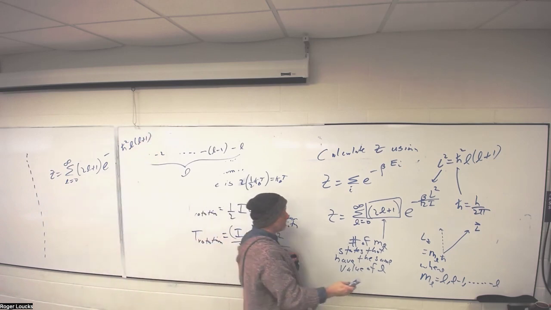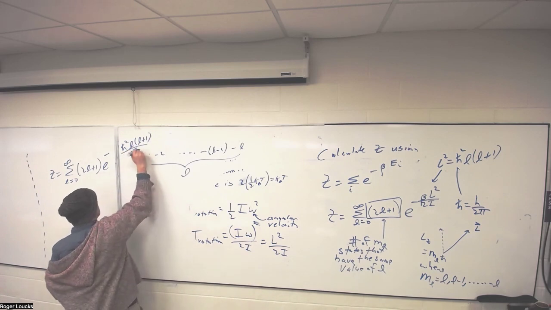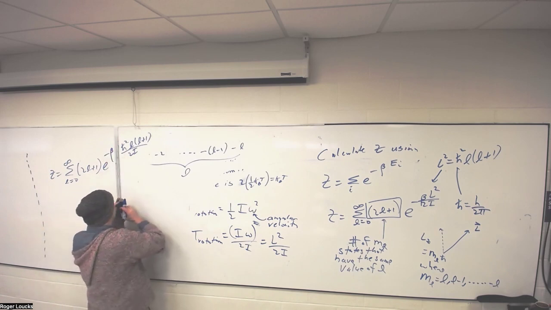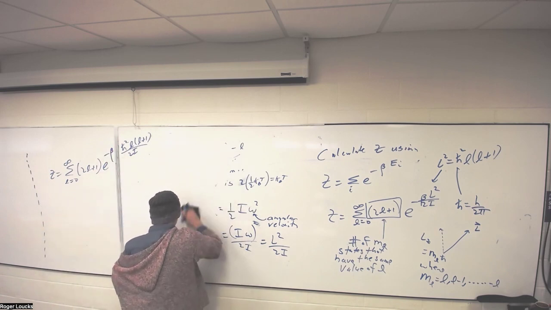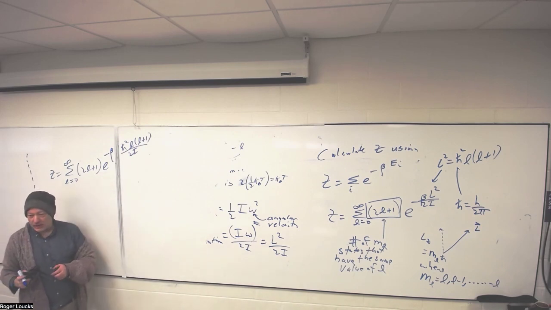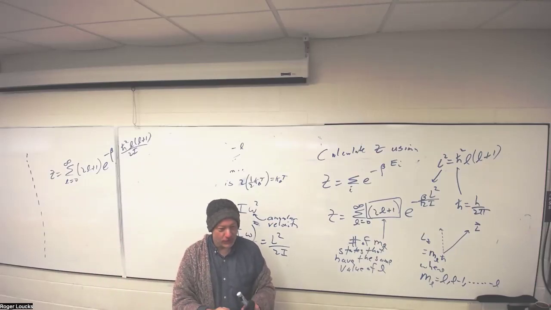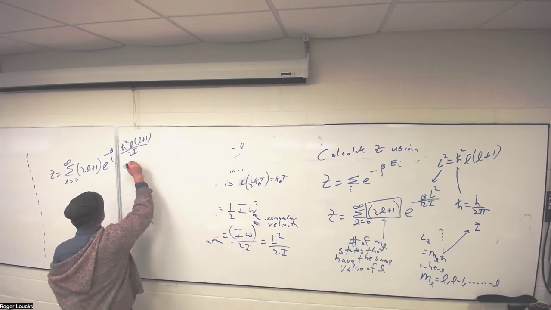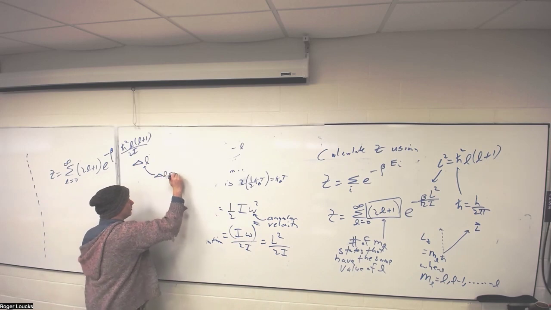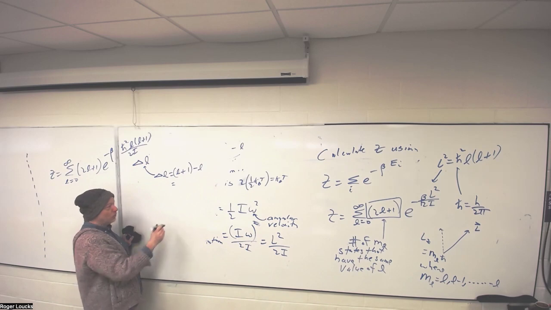I'm putting in the L value up here, over 2I. And then there's a beta here. Okay, I'm going to multiply by 1. And how am I going to write 1? In one fraction, I'm going to write it as delta L. Delta L is going to be L plus 1 minus L, which is 1.